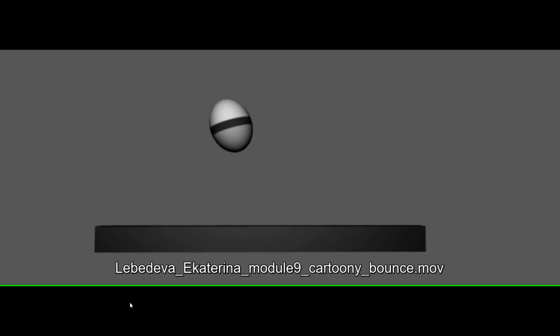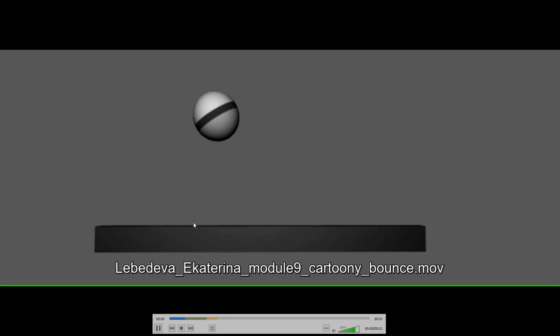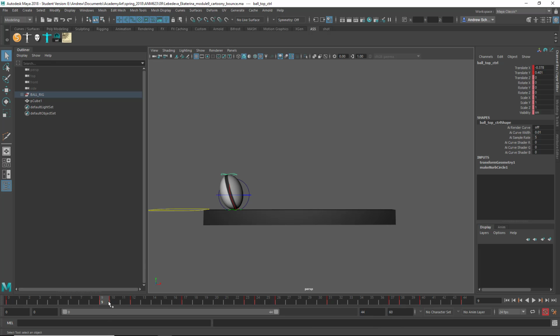Okay, this is Ekaterina. I think this is good. I mean, it's pretty straightforward, but I think you got everything working right. The only thing I might say is that first squash, I might tone it down a little bit. We can take a look at the Maya file. Okay, here we are in the Maya file, and